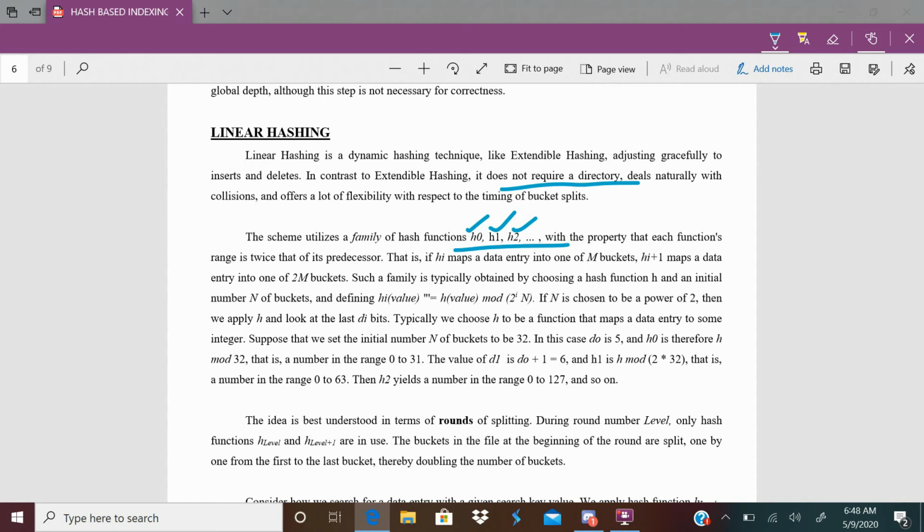Here, what are h0, h1, h2? Similar to the directory doubling concept, assume h is k mod 4. What does it mean that h is k mod 4? In extendable hashing it uses 4 directory pointers.